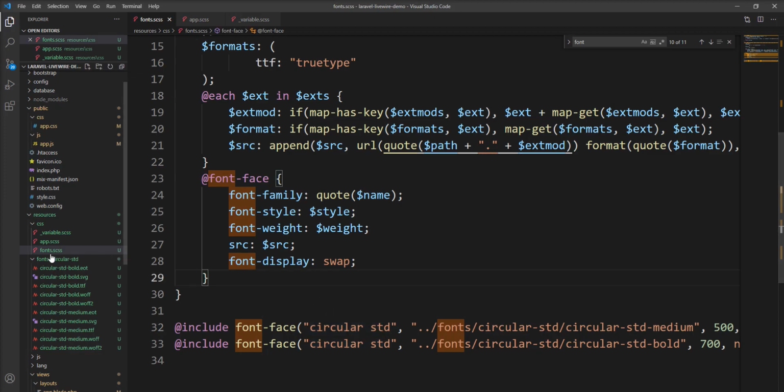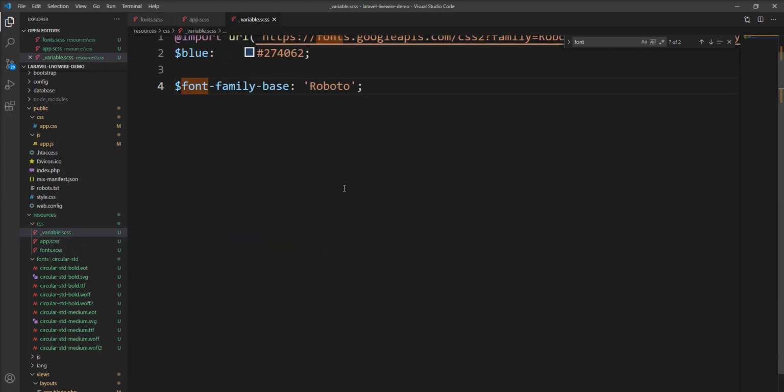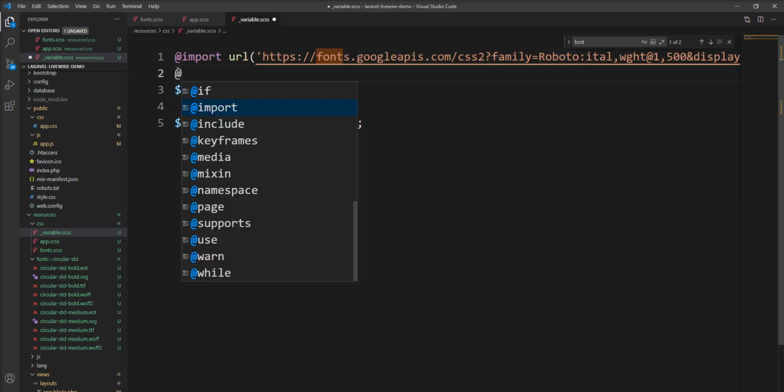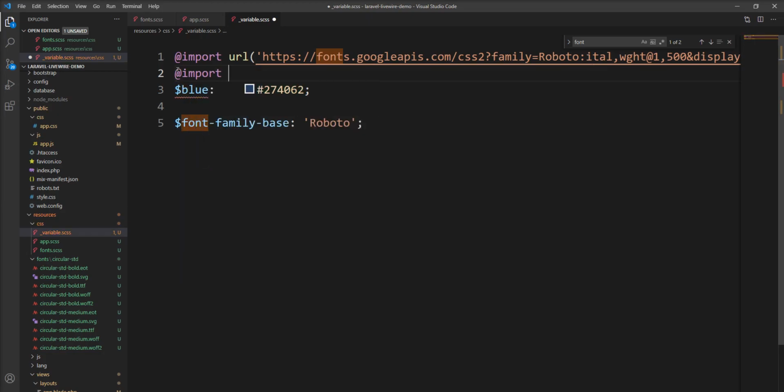Now I need to import this file and include this file into the variables SCSS because the variable name is declared here. So let me import this font CSS file.